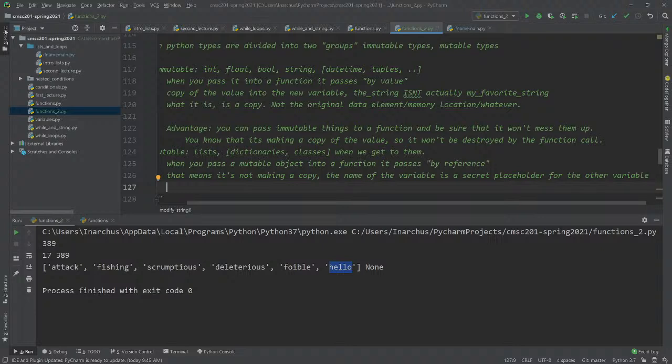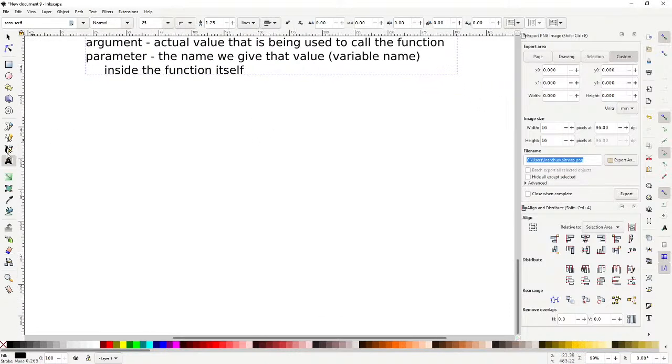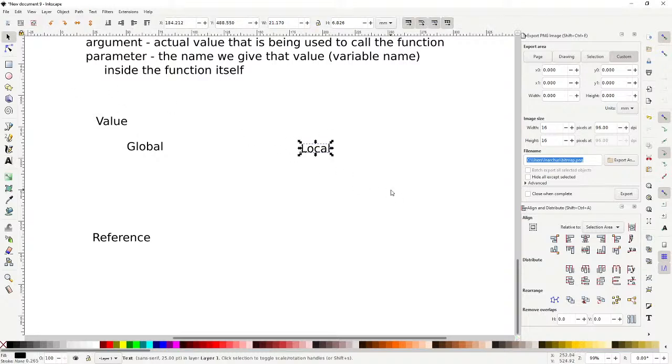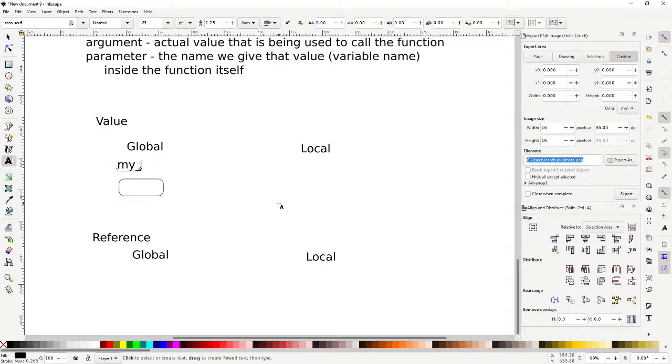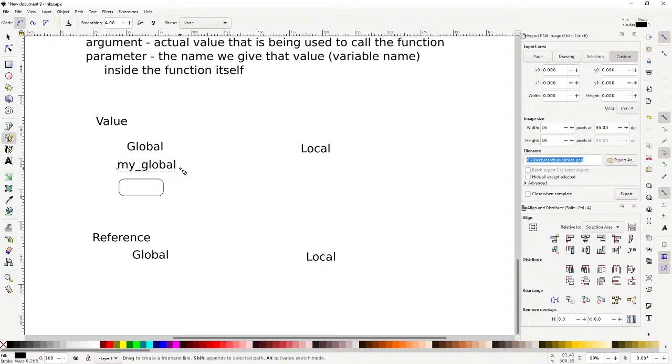So for instance, the way I draw it is, here's passing by value, and here's passing by reference. Here's the global variable, and here's the function, so we'll call this the local variable. And we'll do the same thing here. My global is going to be pointing at this thing.